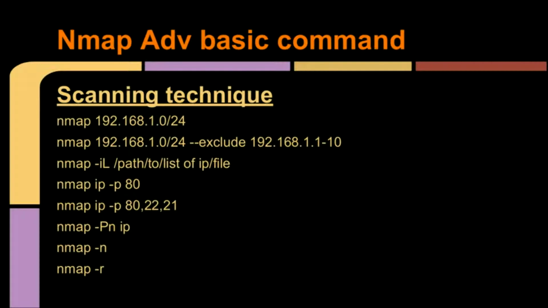In nmap, when we run a scan, it resolves the host first and then starts scanning. So it's not recommended for a huge scan. The -n option tells it not to do a reverse lookup of the IP address. So -n and -Pn are pretty useful. Now we will see the advanced scanning techniques.